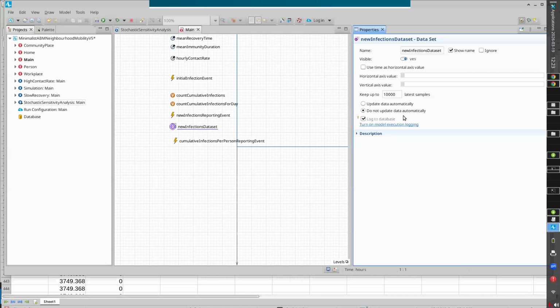Yes, it'll be the current value of time divided by 24. So it's 24 hours per day. If time is 24, it'll be 1 day. If time is 48, it'll be 2 days. And the vertical axis value here will be